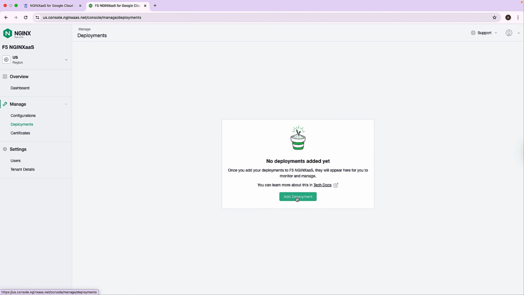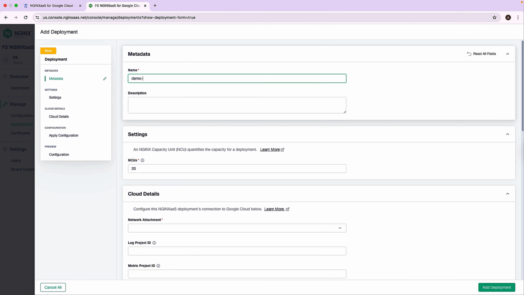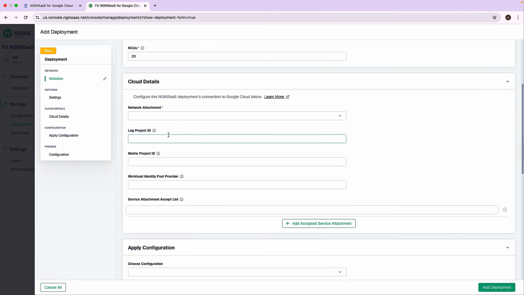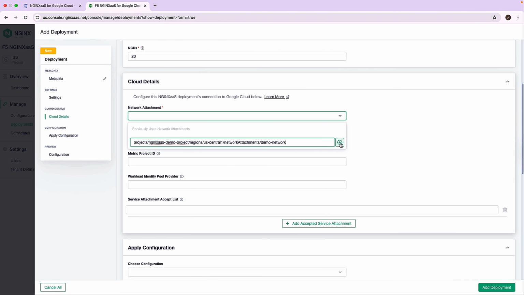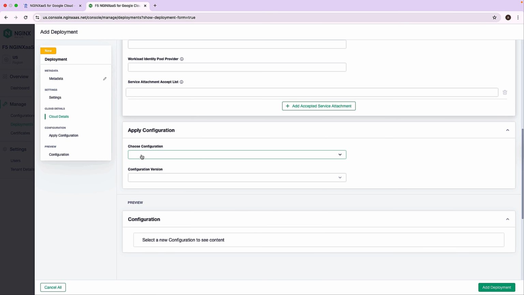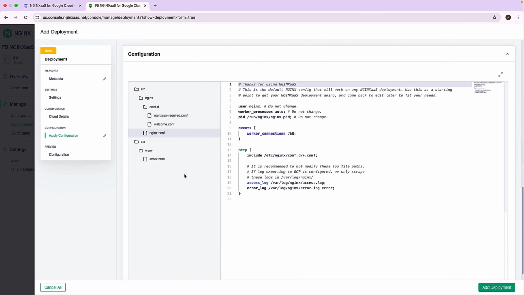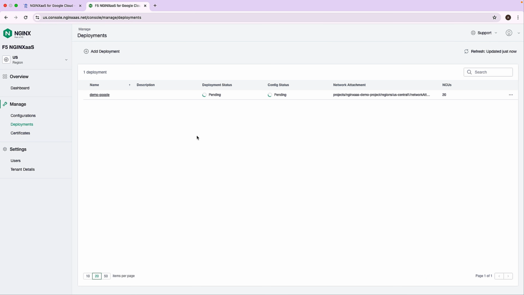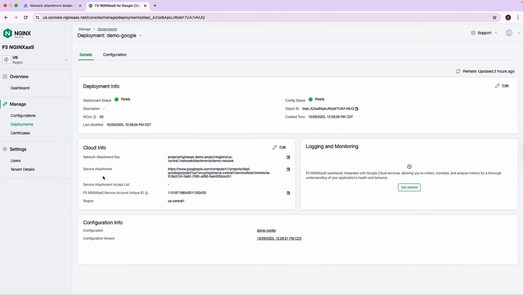Under Deployments, choose Add Deployment and assign a name. Paste the network attachment ID in the Cloud Details section, select the desired configuration, and submit the deployment. After a short provisioning period, the service is ready. To route traffic, a network endpoint group must be created. For that, let's go to the deployment and copy the service attachment ID, which we need to create the network